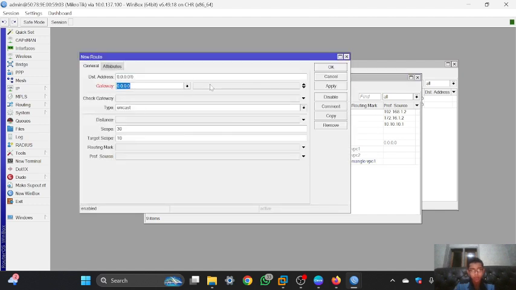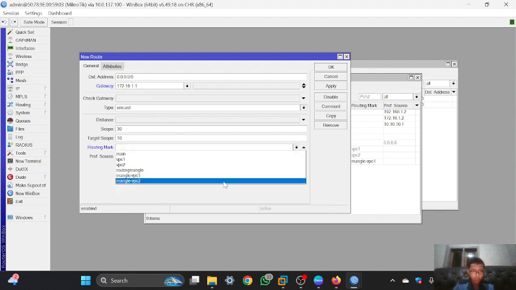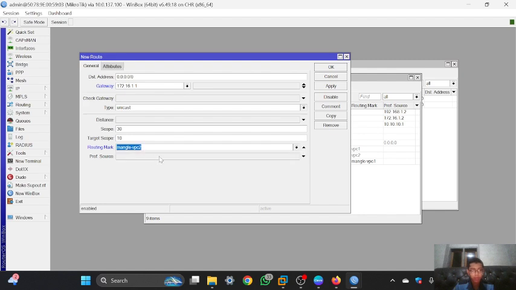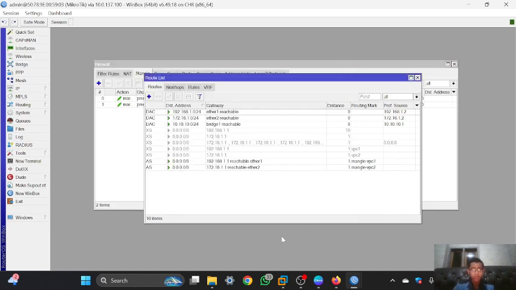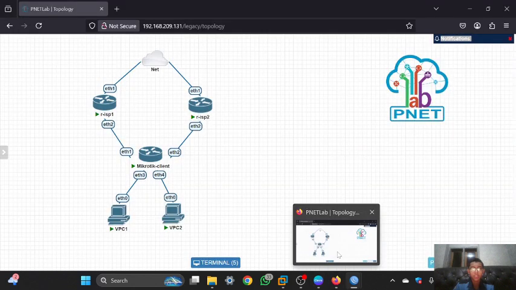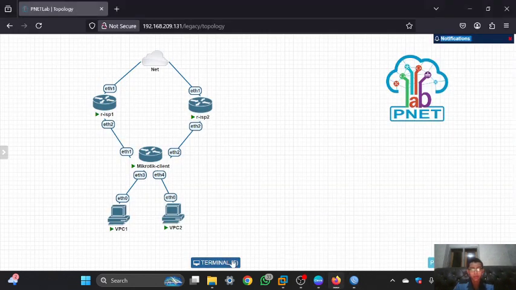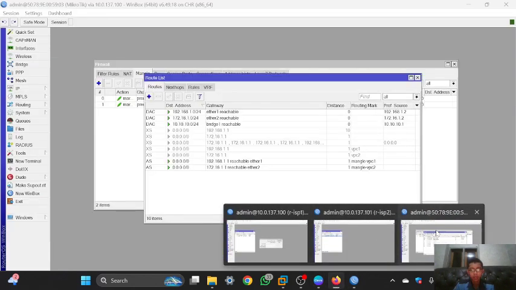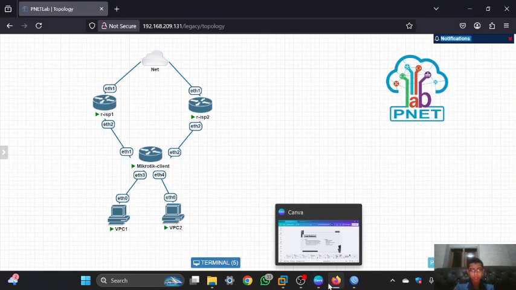For the gateway, I will fill it with the IP that connects to the ESP2, which is this. And for the routing mark, I will use the mangle VPC2, and you can click apply. So for the mangle, it is still the same as before, or the routing rules in the table.